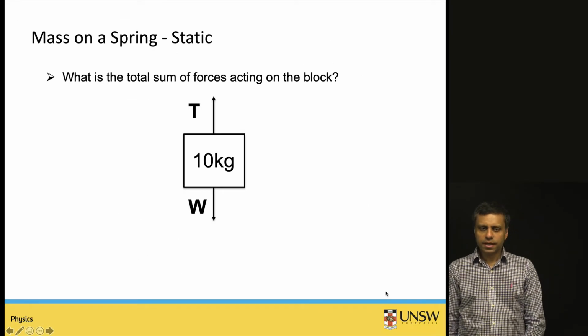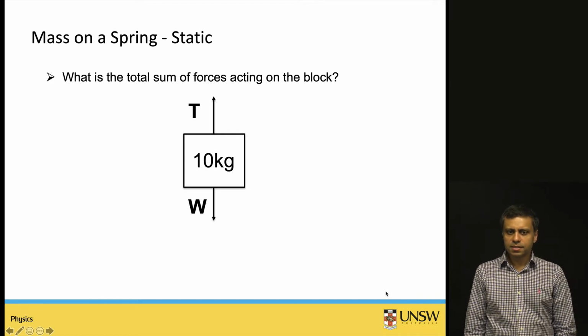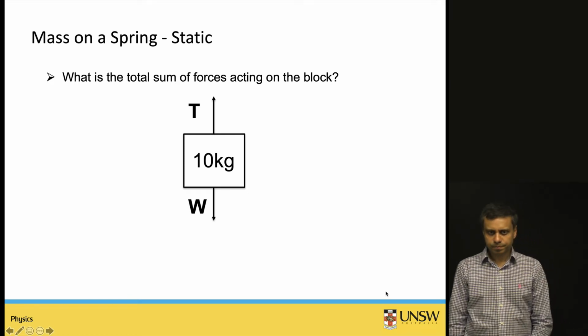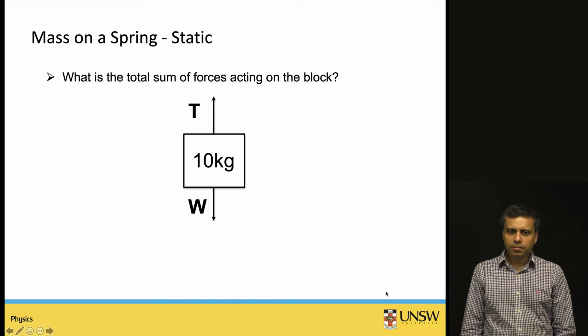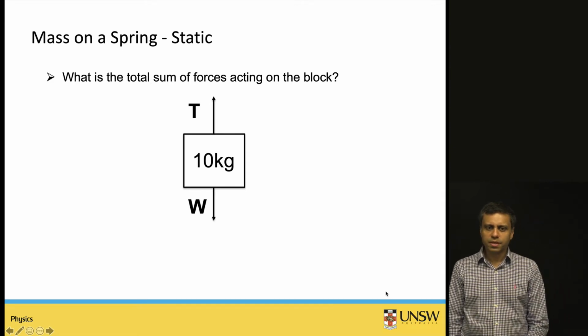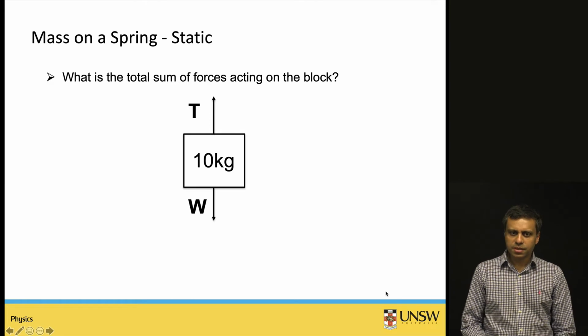Okay, then let us look at another problem. This is a mass suspended from a spring, vertically suspended, and it's at a static position. There is no velocity, v equal to 0. It's just static, stationary. So the problem asks us to find the total sum of the forces acting on the block. The block has a mass of 10 kg, and if we draw the free body diagram, we see that